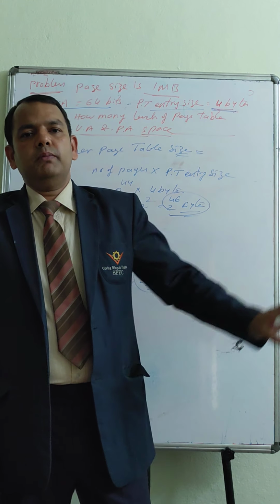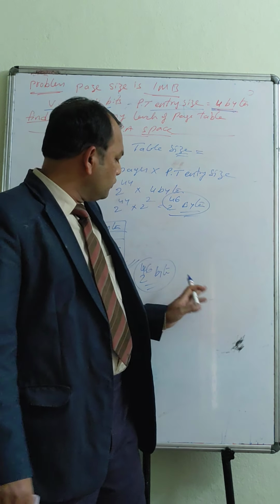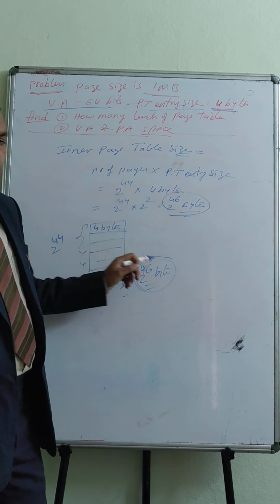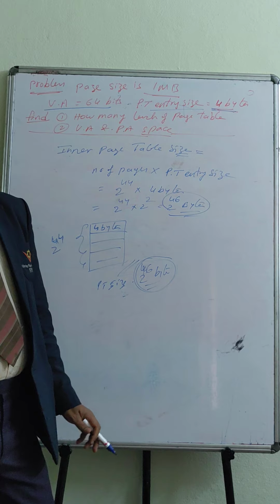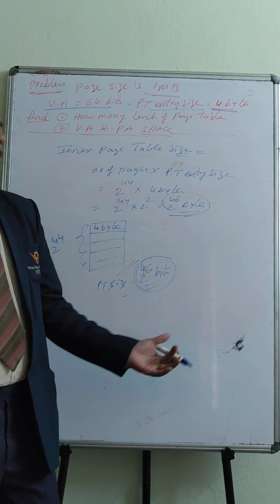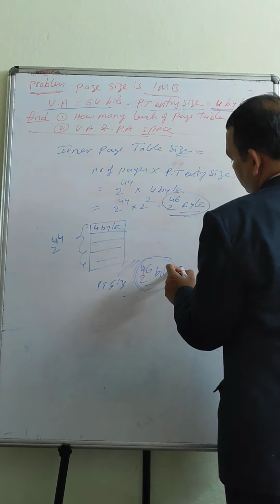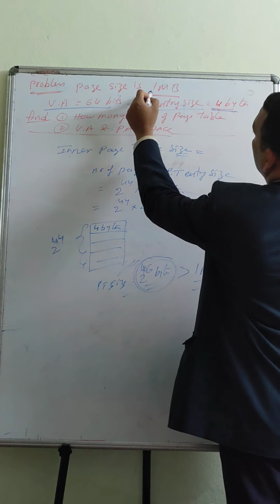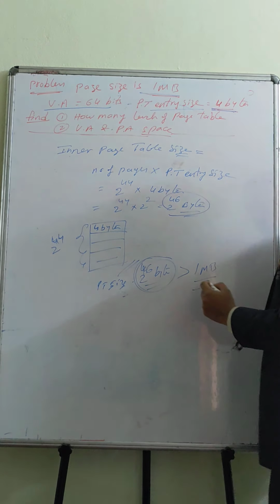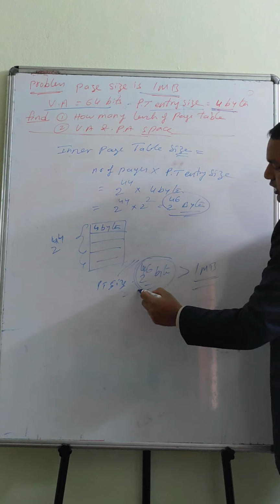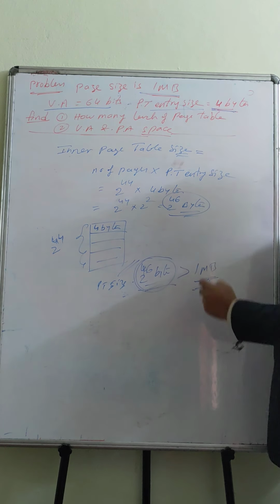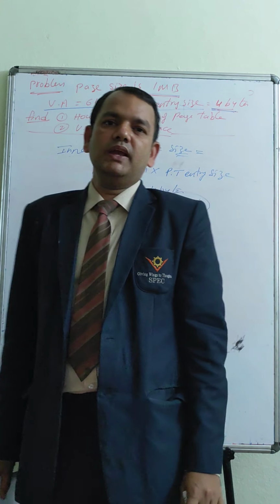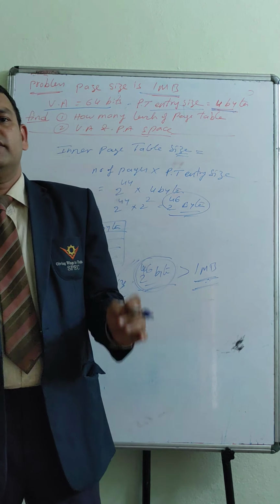Now this page table we need to store in the main memory. In one frame we want to store this 2 power 46 bytes table, but the main memory segment is only 1 MB. It is greater than 1 MB. Our page size or segment size is 1 MB, so this cannot fit into 1 MB memory. So then what is the solution? Now we have to do page hierarchy.